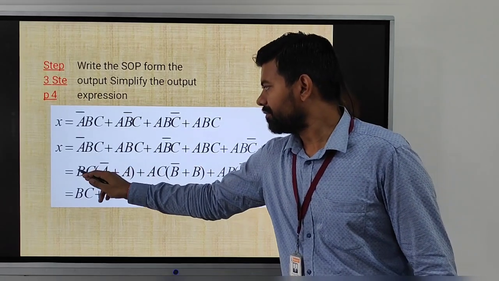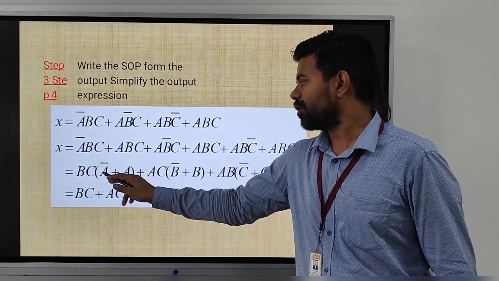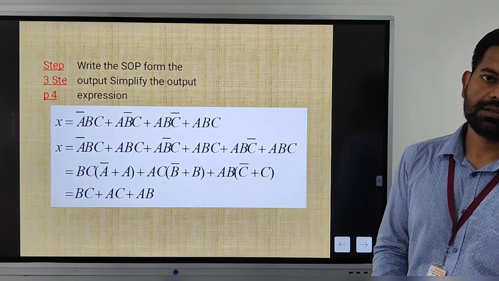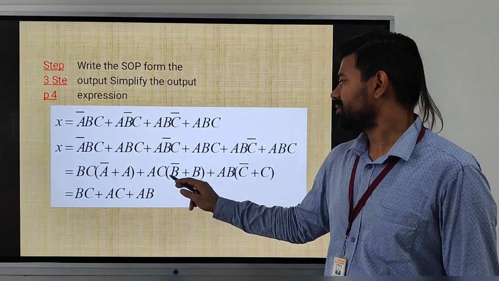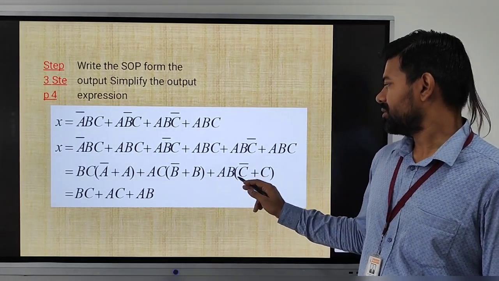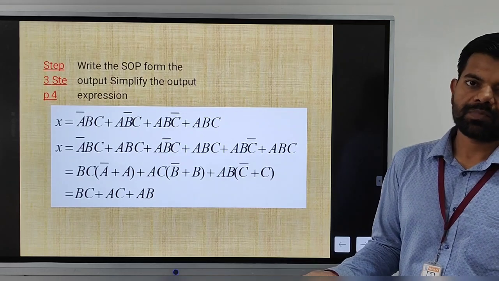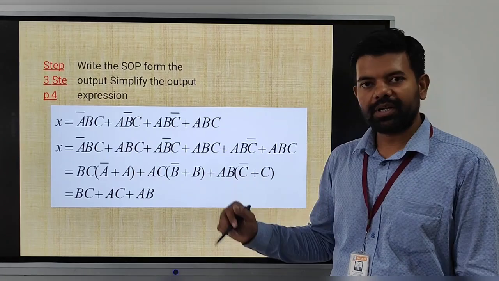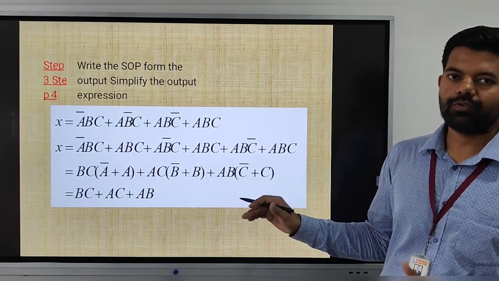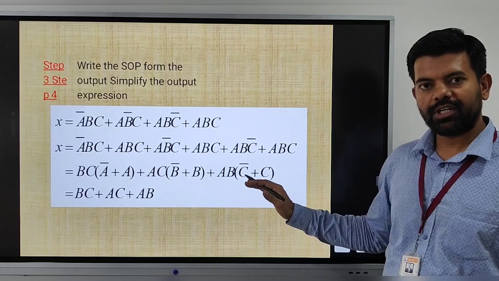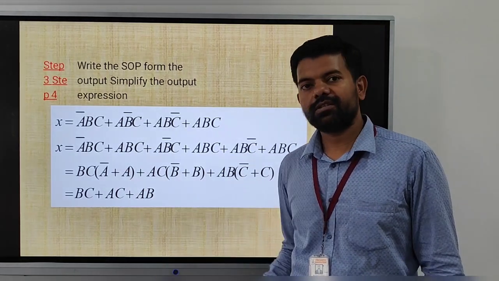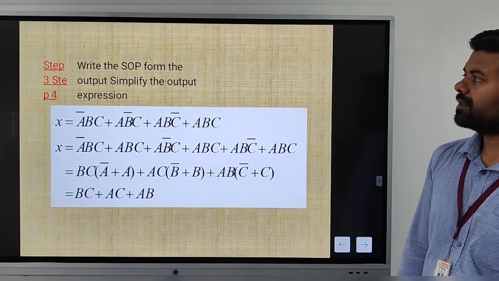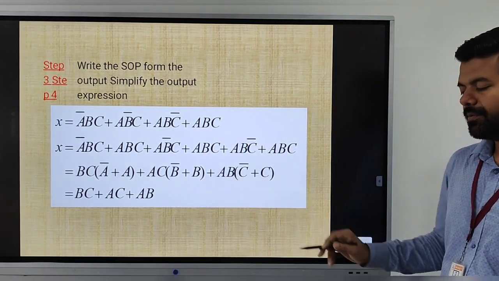Now what we have done is take the common factors, BC and A bar plus A. The theorem says A bar plus A is always 1. In BC, B bar plus B, and in AB, C bar plus C. You have to remember all the Boolean theorems to simplify a Boolean expression. So A bar plus A is always 1, and we are left with BC, AC and AB. This is how we can simplify the Boolean expression using the algebraic method.